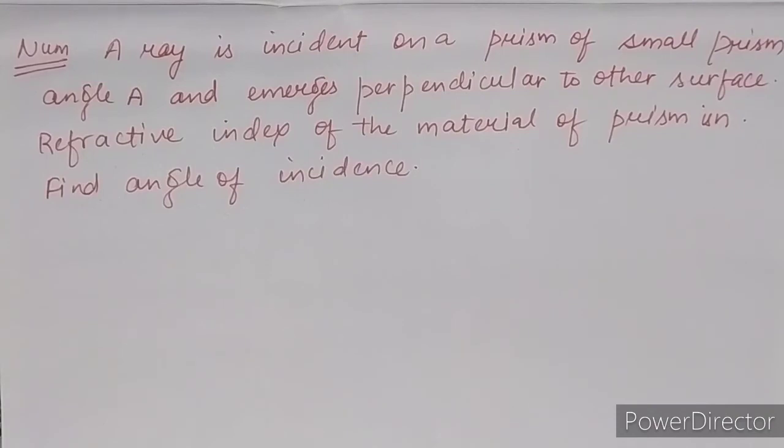Now you have to apply Snell's law. The angles are very small, so sin theta is equal to theta. It means sin i is equal to i and sin R1 is equal to only R1. So the refractive index n is equal to i upon R1, and i is equal to n R1, and R1 is A. So i is equal to nA. Don't be confused that not any single numerical value is given in the question. It is completely in variable terms: i, n, R, A, like this only. Clear? Just try to solve this numerical if it is possible for you.